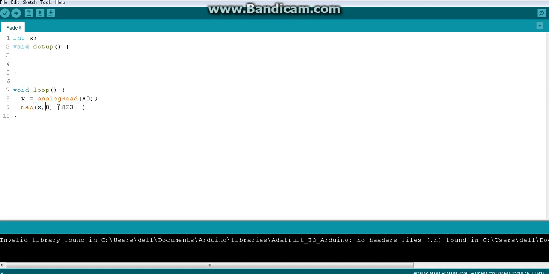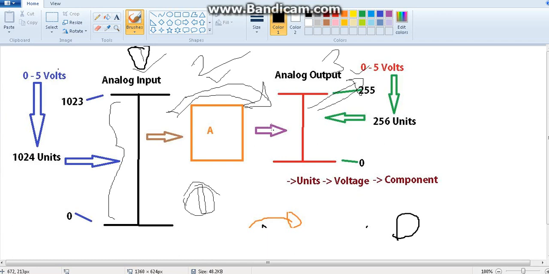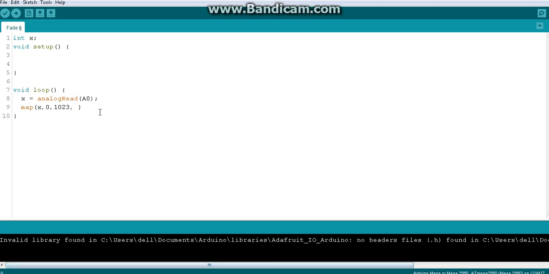Then we will put a comma and we will give a new range value. So I will remove the spaces. So what is our new range? That means the upcoming range, the range we want the output to be in. Analog output range 0 to 255. Then we will have this new range again from the small value to the higher value, the minimum value to the maximum value. I have taught you this already, so I am not repeating.